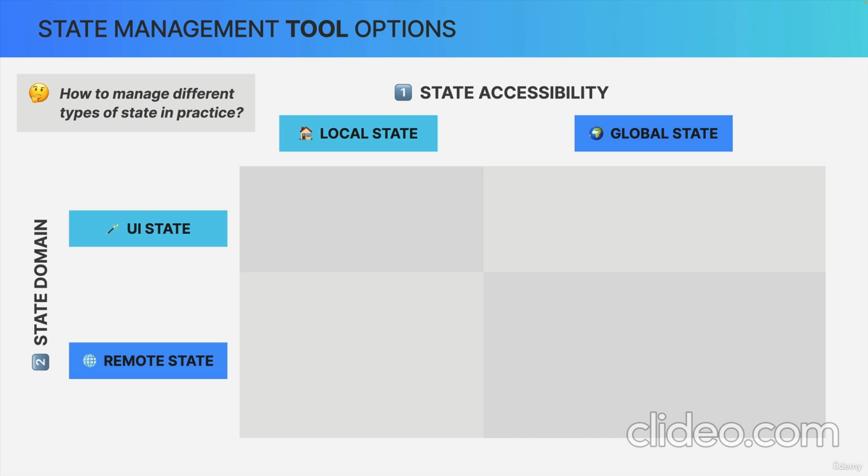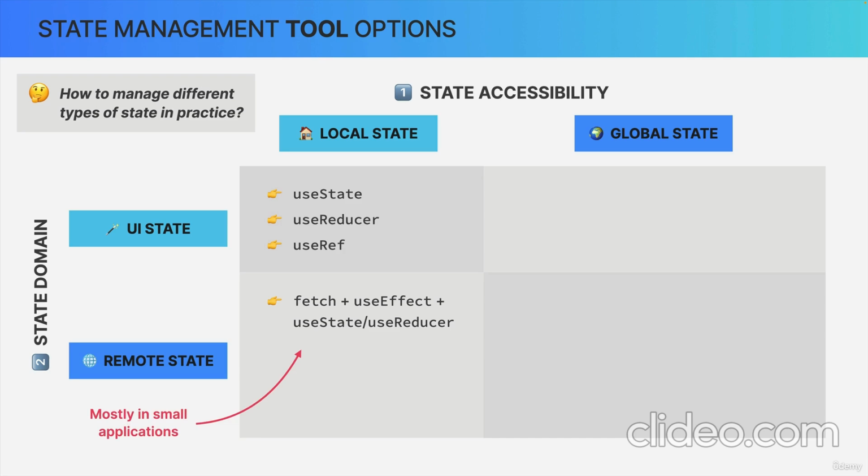And starting with the easiest, we simply manage local UI state with the tools that we already know about. Now, when it comes to local remote state, we can use a simple fetch inside a useEffect in order to load data from a remote API and then store that data as state with useState or useReducer. So this is exactly what we've been doing all the time up until this point, right? However, this is usually only a good idea in small applications. In bigger applications, we usually just treat all remote state as global state,